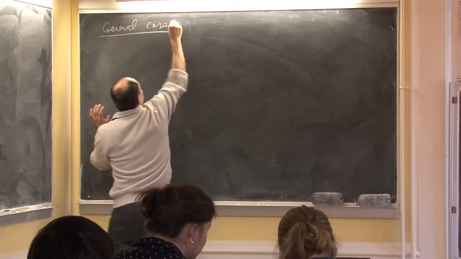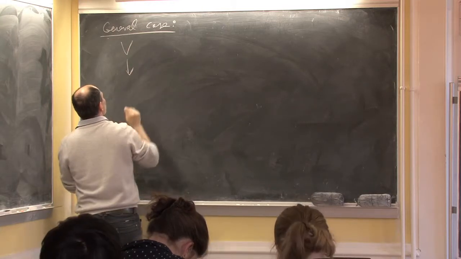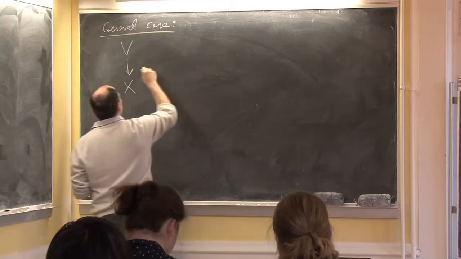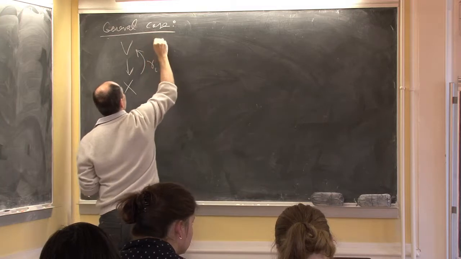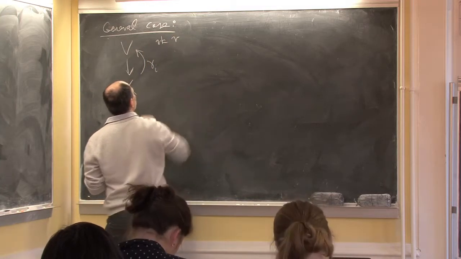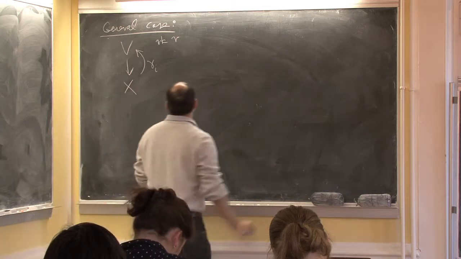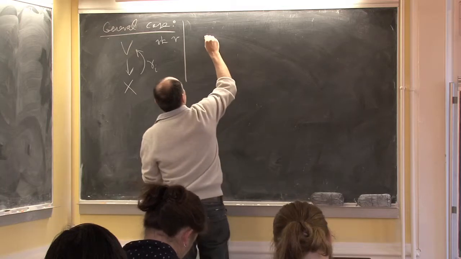So these were the 2 points I wanted to make. So now you have V over X, and you have gamma i. So this is rank R. And you have gamma i, you have a bunch of sections. Okay. And you define Ci